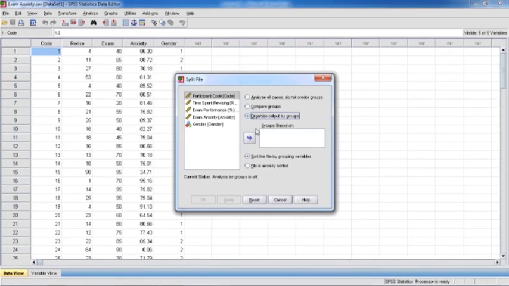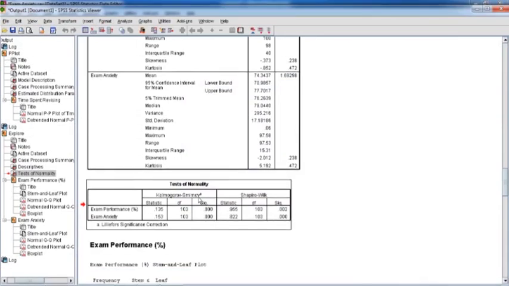So here, let's say I want to make the groups based on gender, and I click on this arrow to select this variable. Now again, I just click on OK, and now